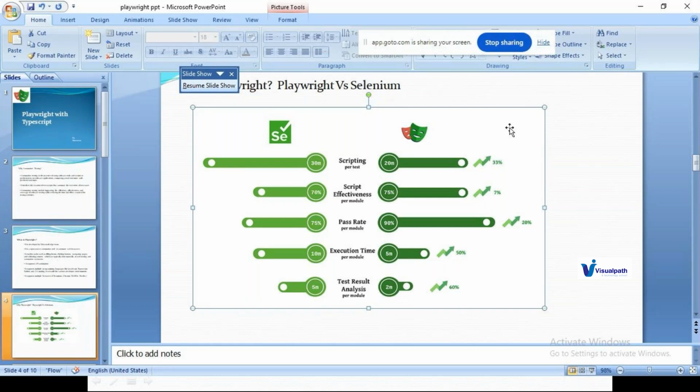So for every script we have to identify which has failed, why it failed, and we have to know the DOM structure of the particular place where it failed. In Selenium, how it works is, when something fails, you capture a screenshot and it throws an error, such as the element is not found. Then you have to go to the DOM structure and validate. You have to manually check exactly why it failed, whether the element was loaded at that particular time or not. This is where it takes a lot of time in Selenium, but Playwright has